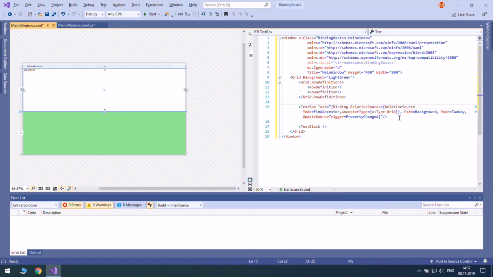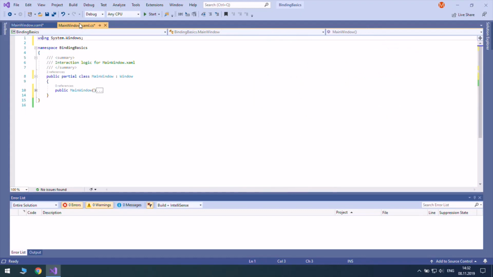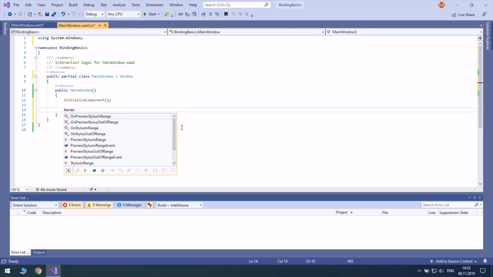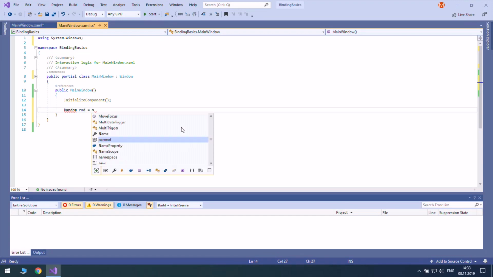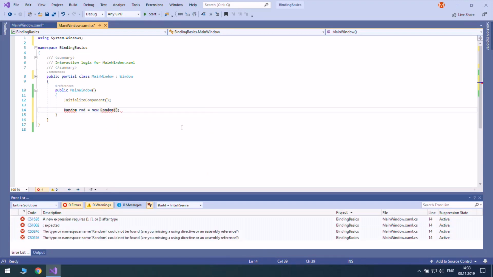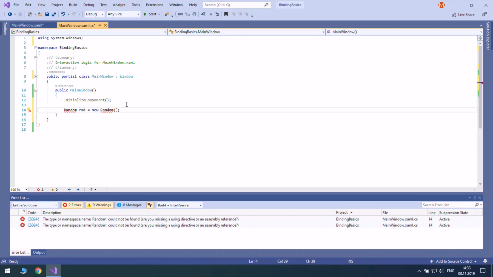So the next feature is automatic suggestions. So for example, we will try to do some coding in the constructor, like let's call the random class. So Random d equals new Random. But of course, since we are not including this using now, we need to type it here. So just